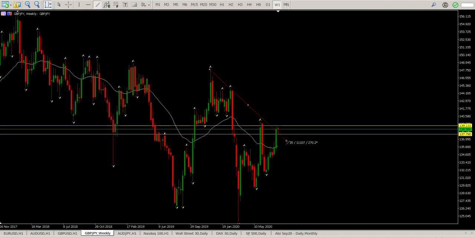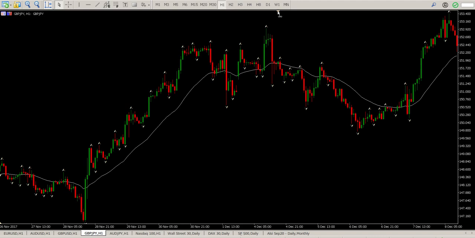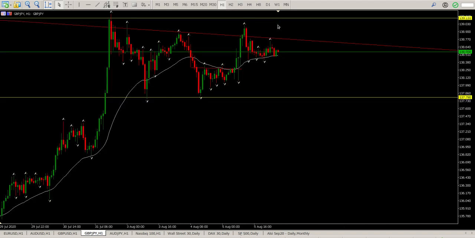We'd also have this pretty strong trend line at the moment, which looks like we're breaking, but I think there's a little bit more work that needs to be done on this pair before we can confirm that. So for now,